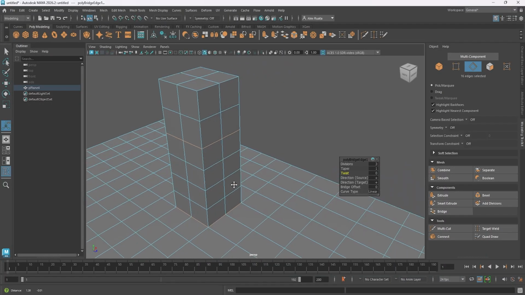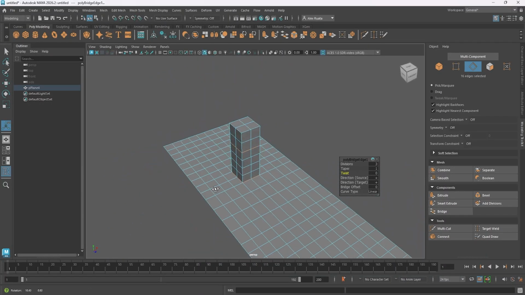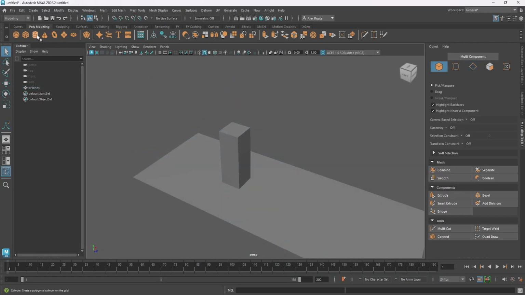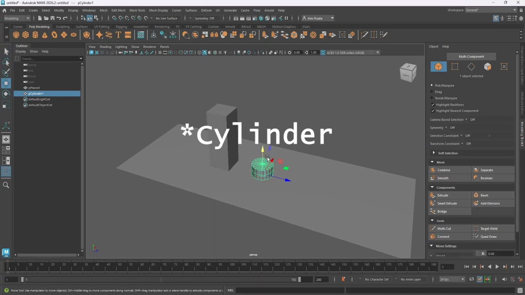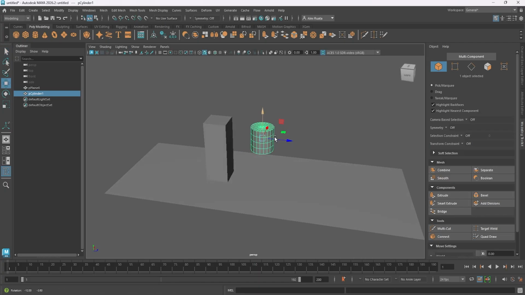We don't just have to limit ourselves to cubes and planes though. We can also add in and connect other stuff like this torus, as long as we have the same amount of sides. Bridges will only work